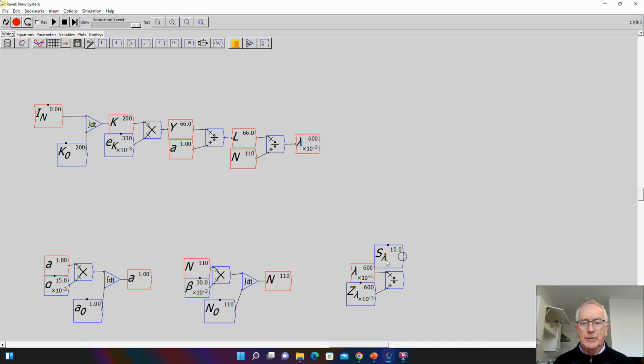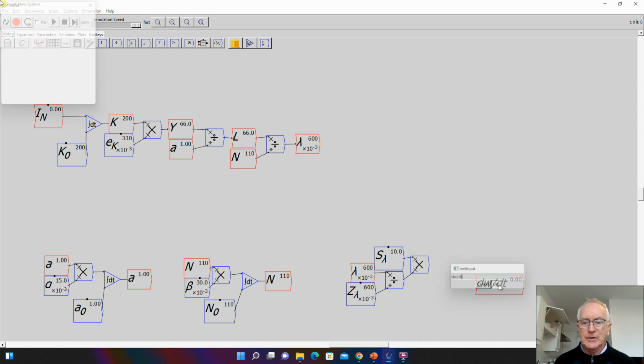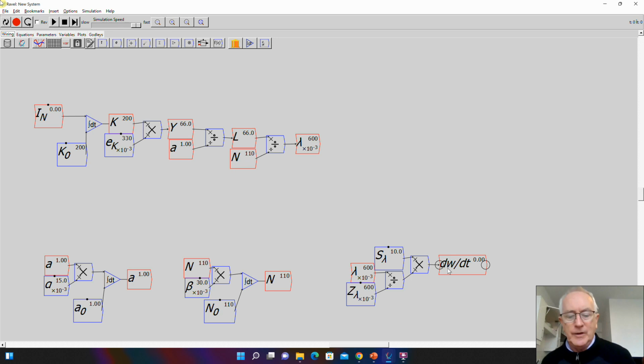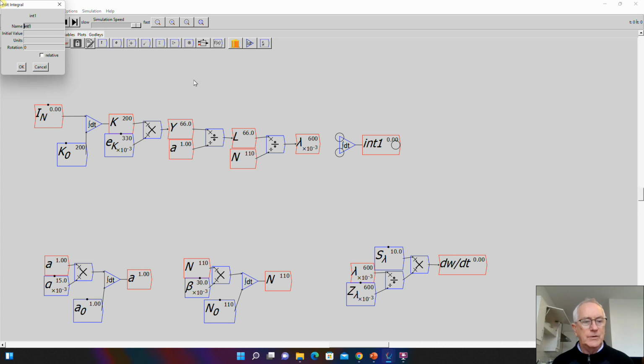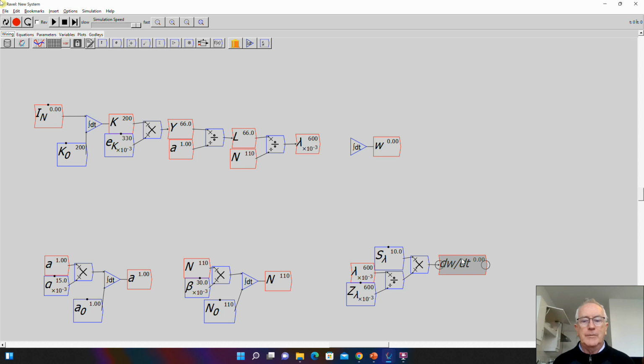And just to be slightly more explicit, you multiply the two together, that is giving you the rate of change of wages. So I can actually express that. I just have a variable, say dw/dt, and that's now the rate of change of wages. And then if I multiply that by the current level of wages, which we now have to bring in as another integral block, so I can type the ampersand and do that very quickly, bring it up on screen, call this W for the money wage, and then we have dw/dt, which comes out of the work down below, this bit,